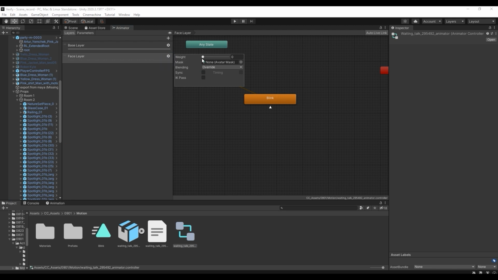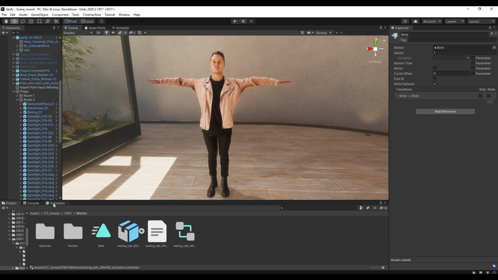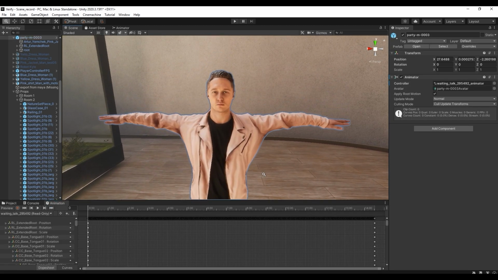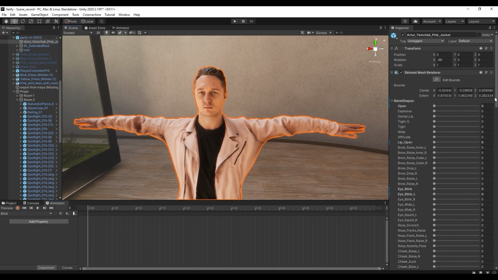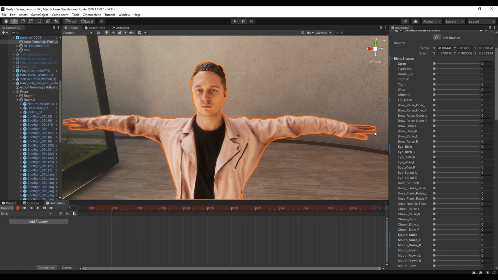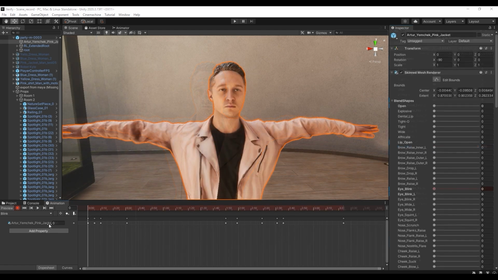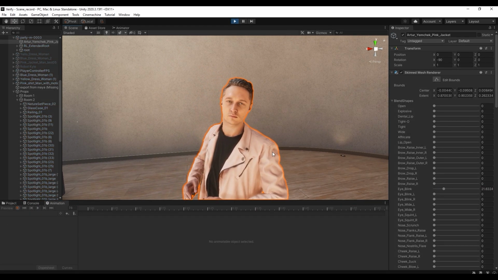From there, we need to adjust the weight from 0 to 1 since we're just playing back this simple face motion. In the Animation tab, let's switch over to the Blink track where we can edit the blend shape keys in the timeline. To do so, first enable keyframe recording mode, then change the value of the blink blend shape at random intervals to create the blinking animation. Once you do this, you can play back and see the blink animation in real time. You can also play the entire project to see the body and facial animation play simultaneously.